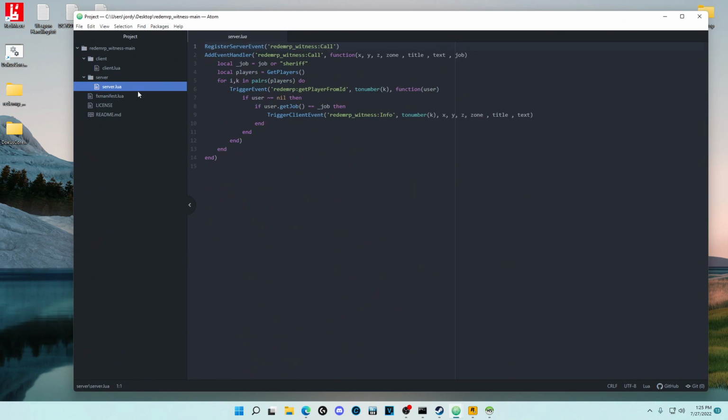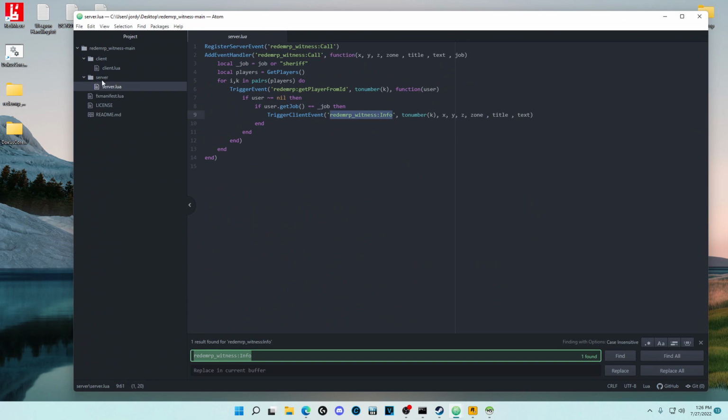Going to the server, this is what gets called, and basically what it's doing is it's checking if you filled in a job parameter, and if you didn't, it defaults to sheriff. Then it gets all the players on your server, it loops through all the players, and it checks if the player has the job that you have defined or sheriff. If so, this is going to get triggered. So let's copy this, go back to client,